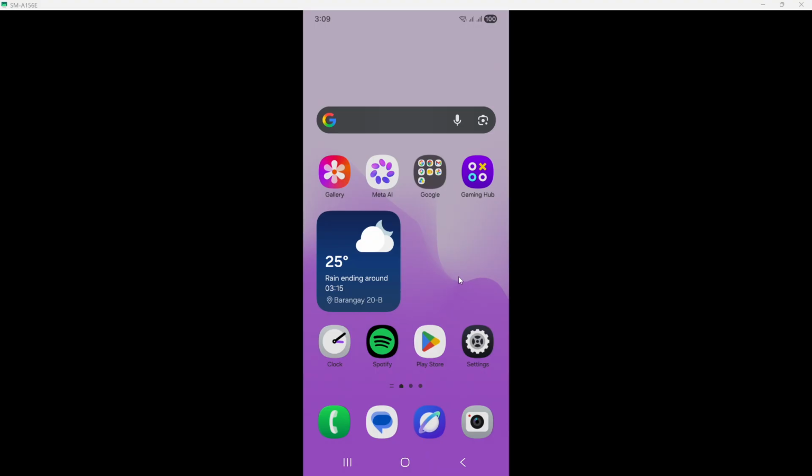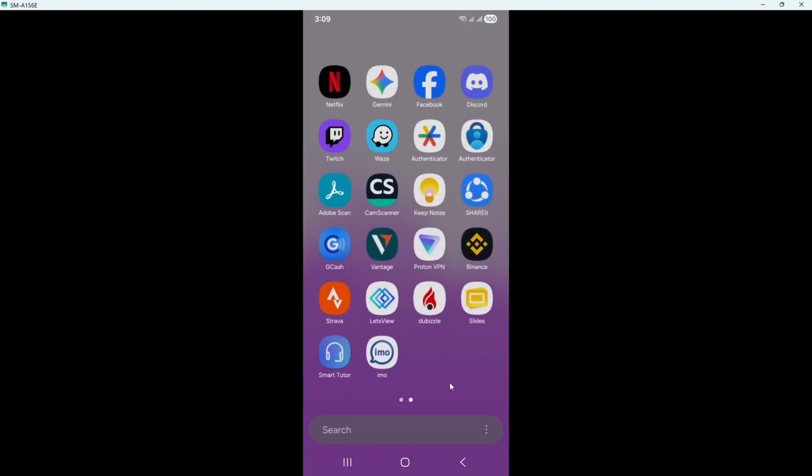So in this guide, what we're really doing is making your account inactive from your device by logging out, which is the closest option available in most cases. To get started, open the IMO app on your phone. Make sure the app is fully loaded so you can access the main menu without any issues.